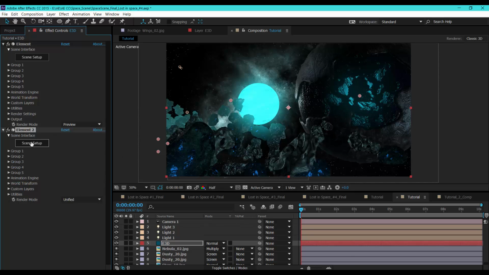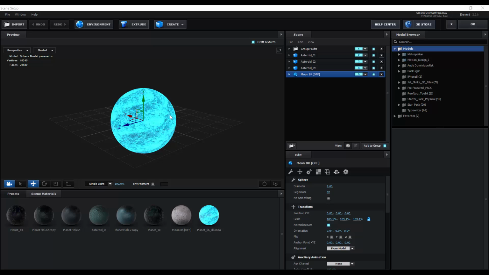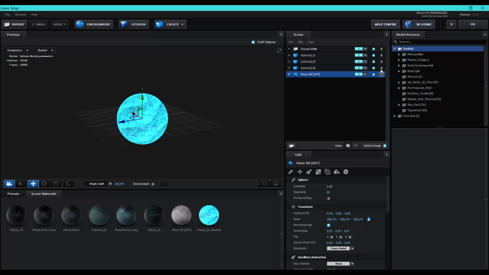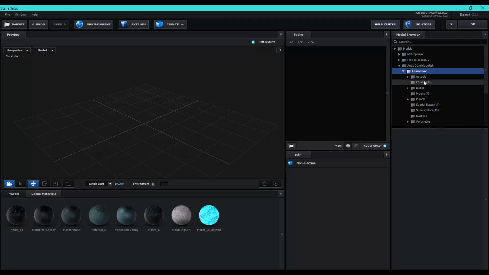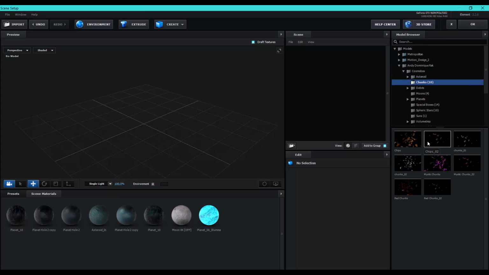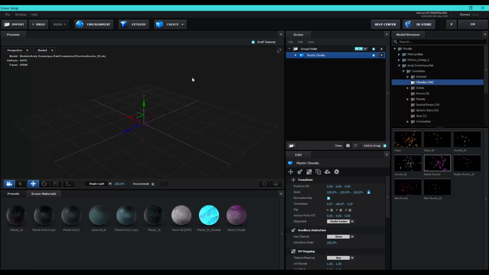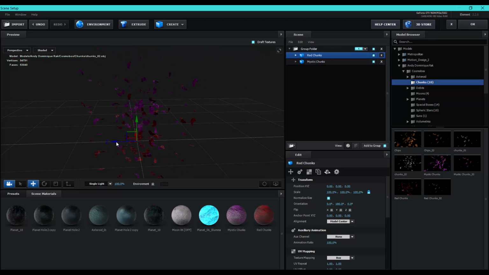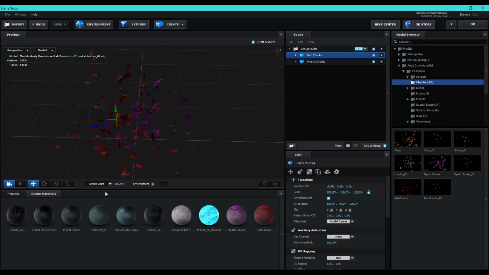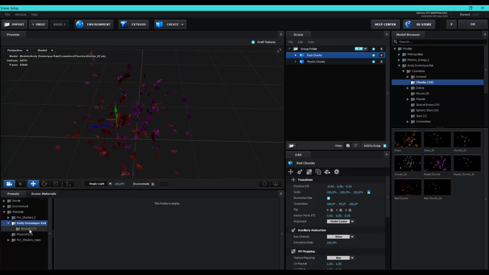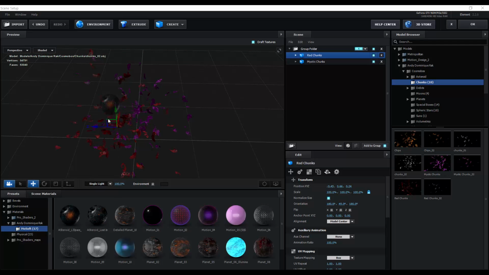So let's go back to the scene setup, and let's delete all these models, and let's create a chunk. Let's select this one. Okay, let's apply material. So apply this material.